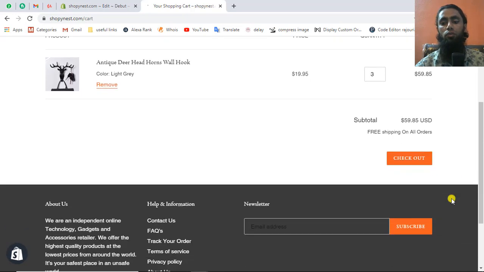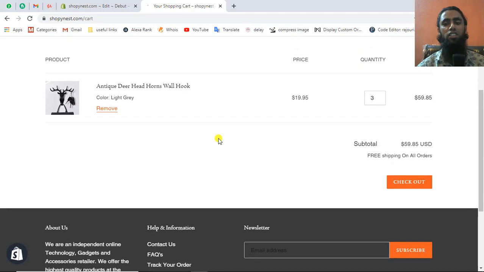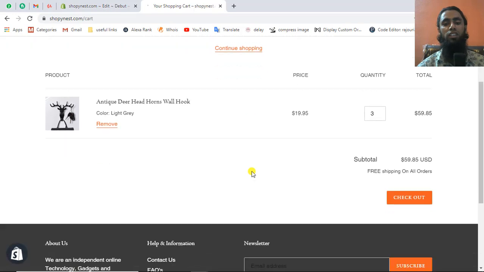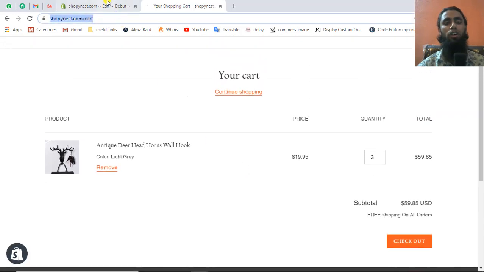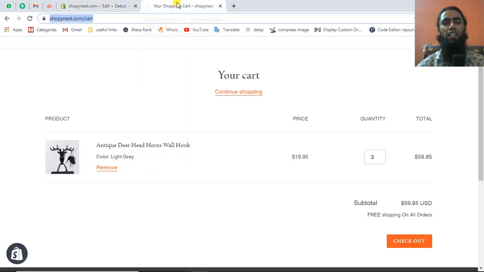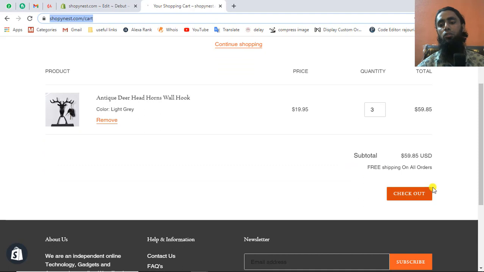Alright, so we can get rid of these PayPal button and other payment methods by adding a simple code which I have just told you that how you need to copy and just paste onto the top of your cart-template.liquid file. Alright, so this is the one thing. Another thing is, like for example, you are interested to remove the checkout button as well. So how I will be doing that one?